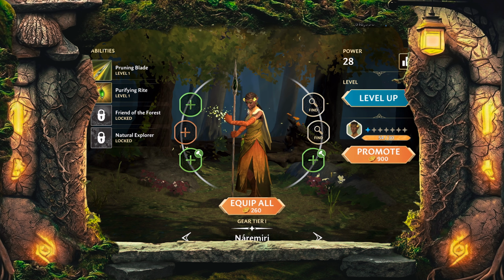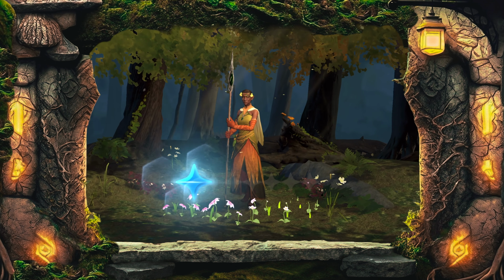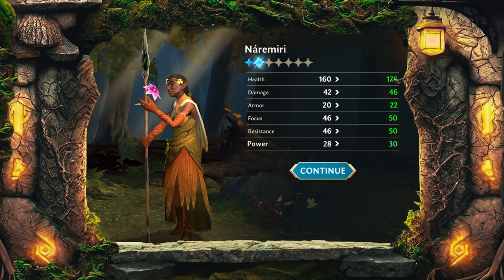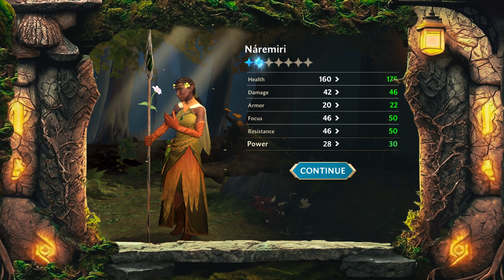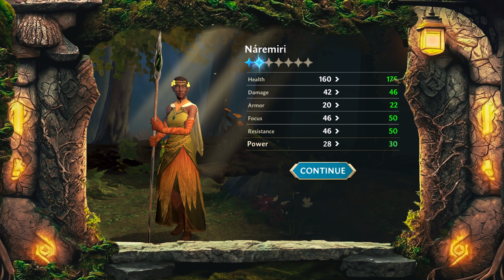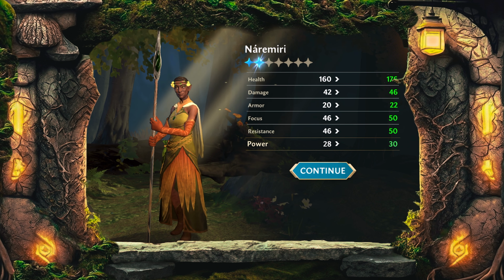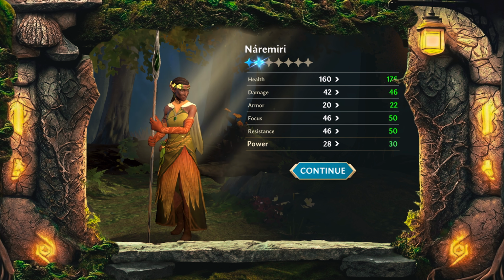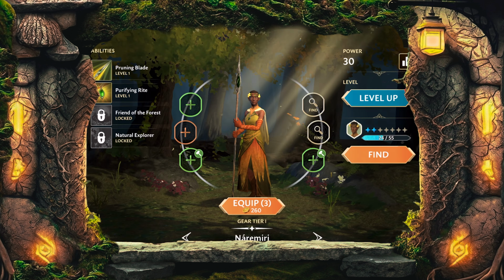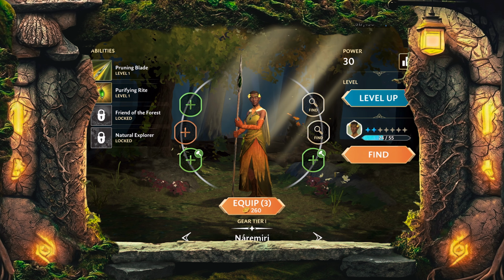You want to do exactly the same thing that you did for him to upgrade her all the way up to that 5-star level. Once you're at the 5 stars, then you can start working a little bit higher, but that's going to be the level that you're going to need just to unlock Elrond in the first place. But if you do have time before the R1 event ends, this is another character that you can quite easily farm up to that level,